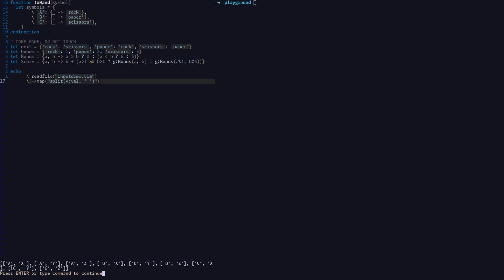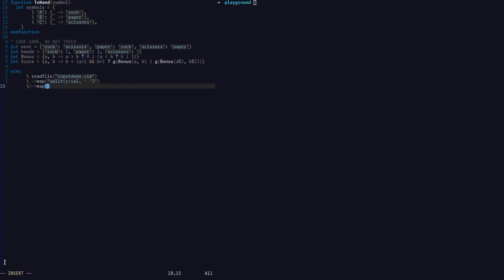When I run this, you can see that we get a list of lists, and each list contains 2 symbols. I'm going to map over this again, but this time I'm going to ignore the index of the item and just transform the item itself. Before I do anything, let me return it the way it is. I'm going to return another list, accessing index 0, then index 1. So I did nothing. If I run this again, you can see I'm still having the same results. I'm just trying to explain what every item is holding and the format of the output.